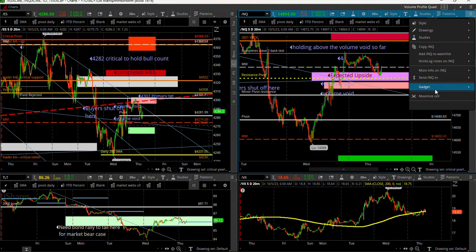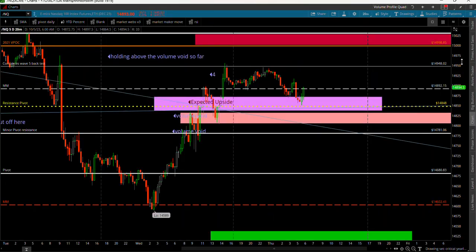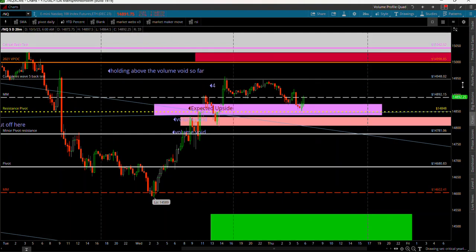Okay, NQ real quick here. Basically, what we have done here on the NQ, the Monsters Attack were the last to fall, and they were the first to rally. What we did yesterday is a little bit more impulsive on the Nasdaq, which makes you lean a little more to the bullish side. We have a void area. We came down to the void area like we did on the S&Ps, but we came out of this void much stronger than on the S&Ps, suggesting this might have been an exhaustion sell-off on the Nasdaq,